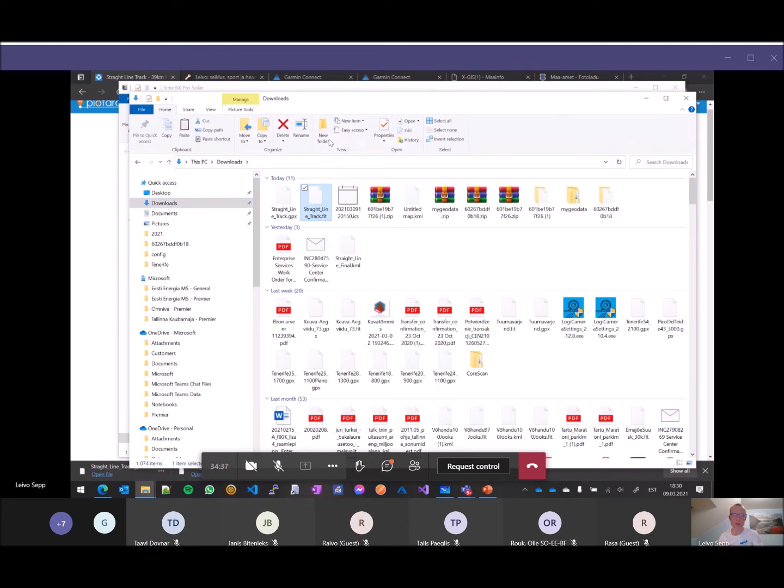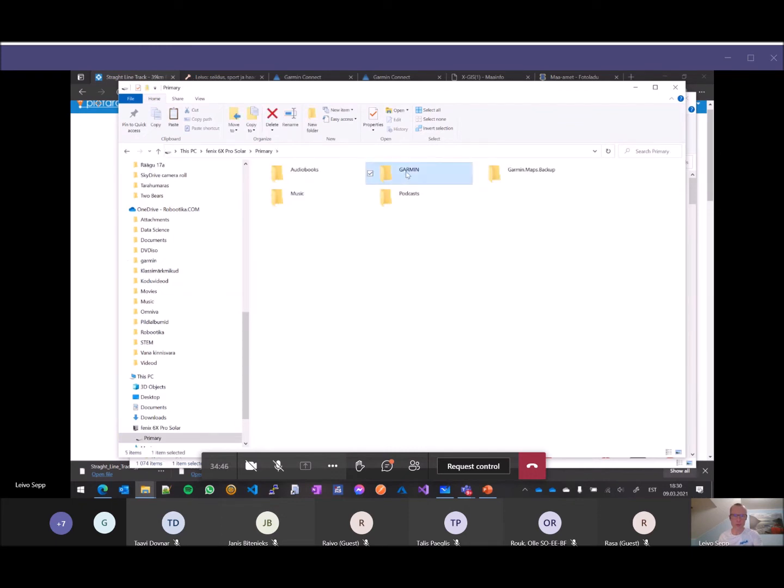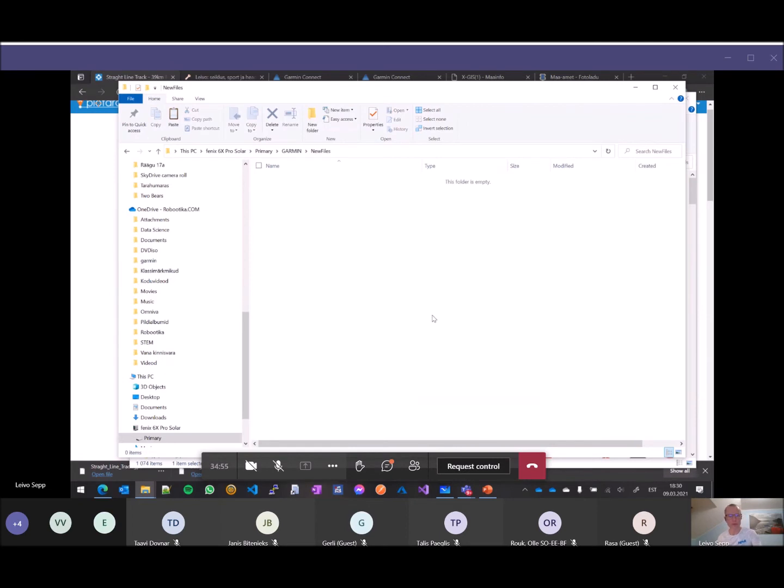I will copy it and I will go to my watch, Fenix 6, and I'm going to the Garmin catalog and find the new files folder, and I will put it here, straight line track. So now it's ready on my watch,